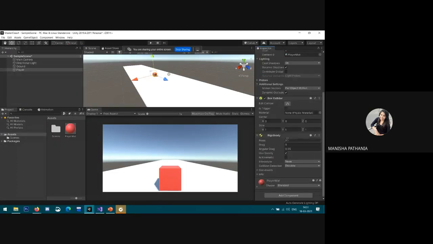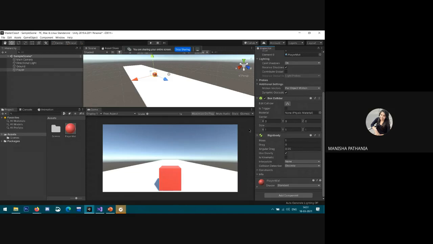The rigid body is already added to this player. After that, we will get started programming in C sharp. We will have a look at how you can change properties or even add forces to an object. So I'm really excited.